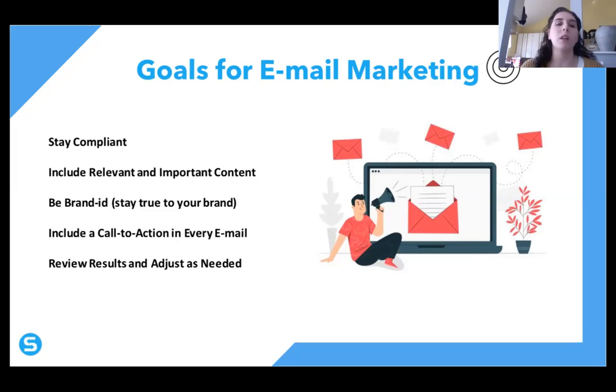The second thing is to include relevant and important content. So this seems to be something that sometimes is overlooked, but it should be an immediate thing for a business to look at and say, okay, well, what do we want to get across with this email? Or what type of campaign do we want to get across with this specific newsletter, right? And so there are different forms of email marketing, which we kind of touched on. So newsletters are one that can say, hey, every week we want to let you know what's going on with our company. If there are any new products or services or anything of that nature, we want to let you know about it. And of course, there are different ways of saying this and doing it within the newsletter, but you can